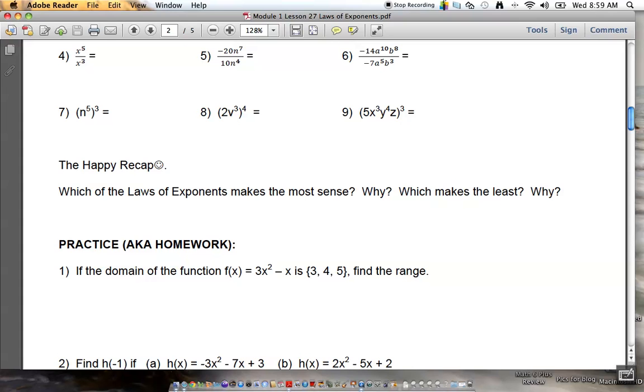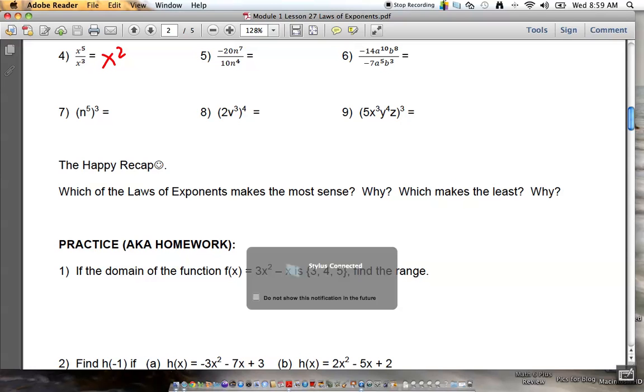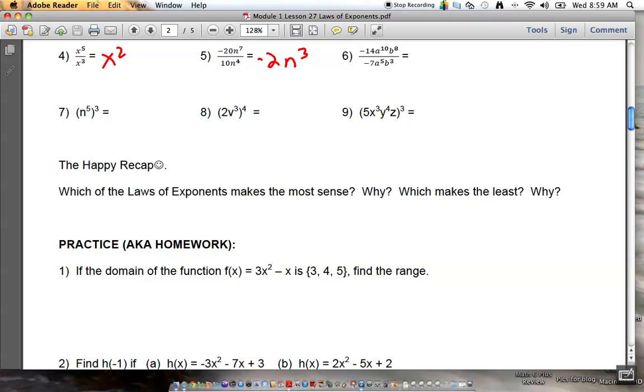What's the answer to number 4? X squared. Good, right? Because you subtract exponents. What's the answer to number 5? Negative 2n to the third. Good. What's the answer to number 6? Positive 2. A to the fifth, B to the